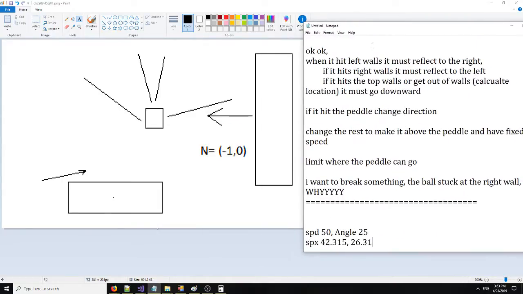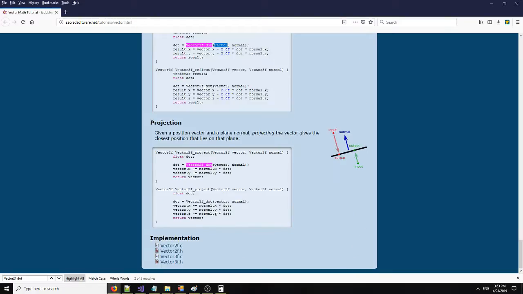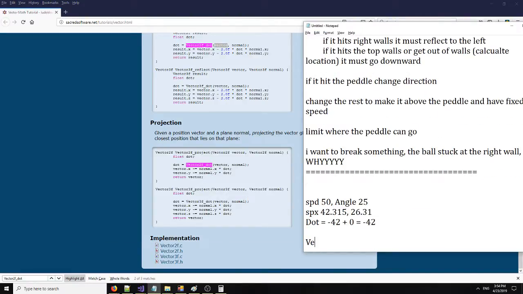And if you multiply this with -1, you will get a negative value plus 0. So this is the dot. So dot is equal to negative 42 plus 0, which is negative 42. Then vector x is equal to vector, because he says minus, it does mean he subtracts the value. Vector x minus normal x multiplied by the dot. Why? Okay, calm down. The normal x